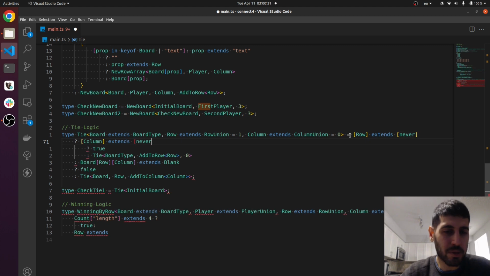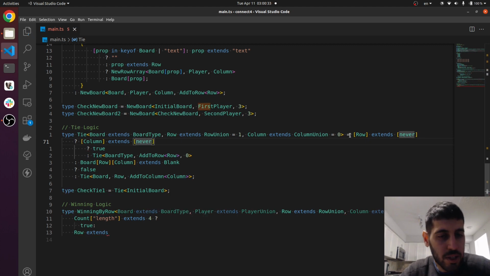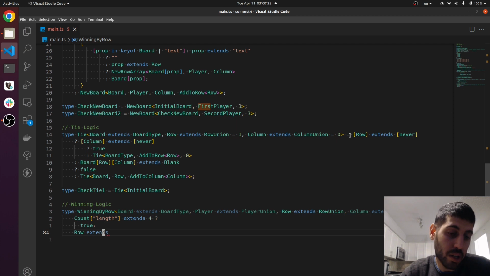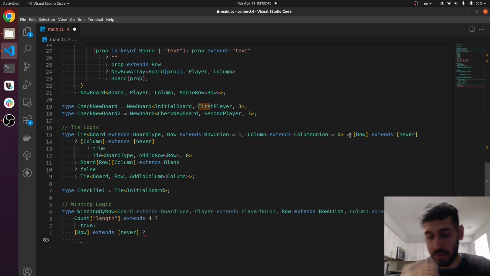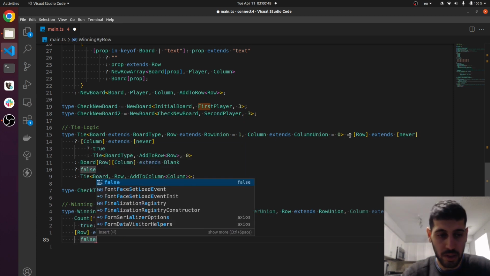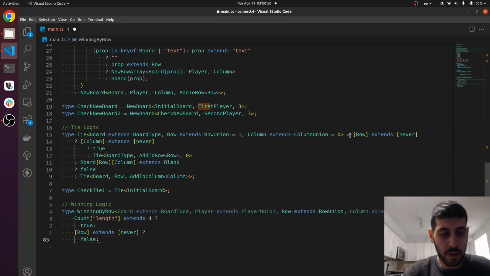It's something about TypeScript. It's the way it's supposed to behave, but it's really weird. So that's how you extend, and that's how you know if everything is never. So if row extends never, then, well, I don't know what you're doing, so there is no winner. And if column extends never,